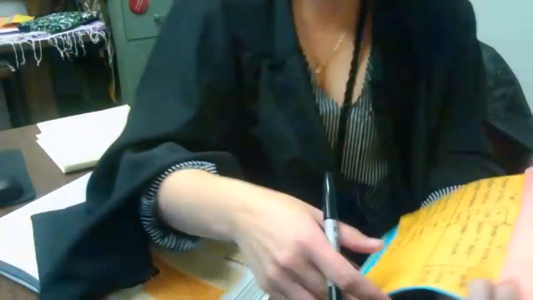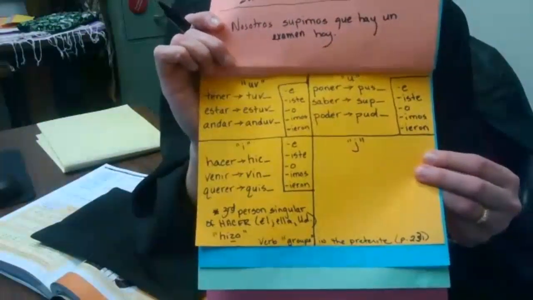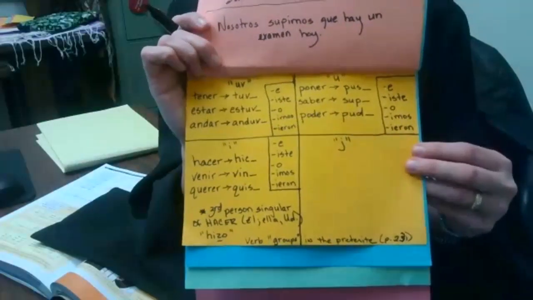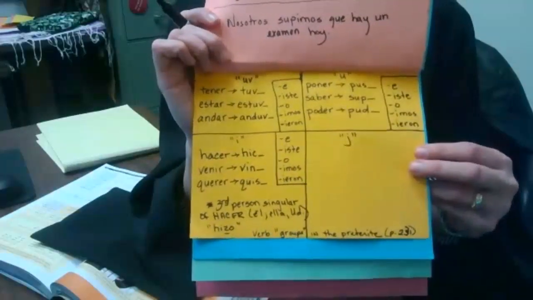Good. And we have our last group. This is a long video, but it's our last one. Last group. And this last group is the J group. That means these verbs in the preterite tense are going to get a brand new stem, and that new stem is going to have a J in it. Okay? So the first one we want to do is